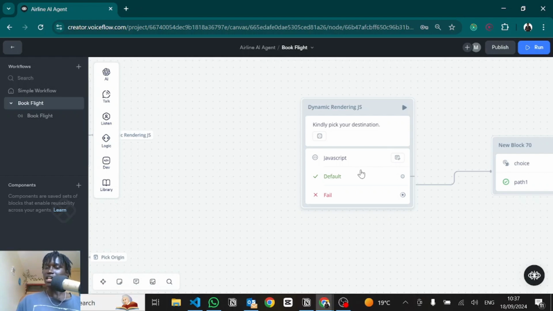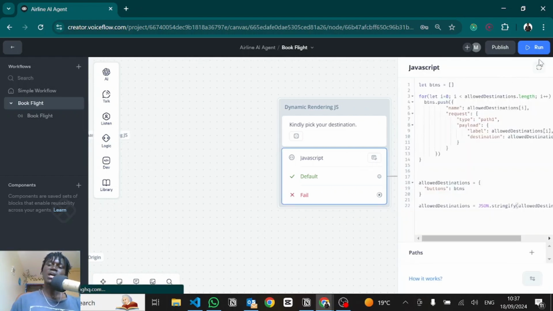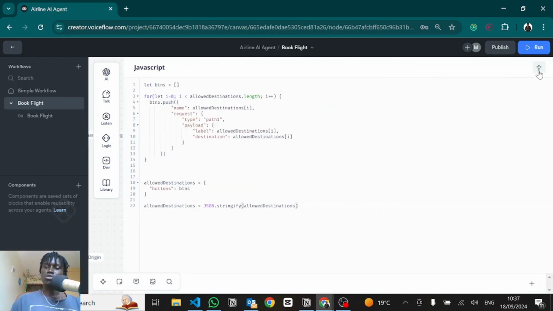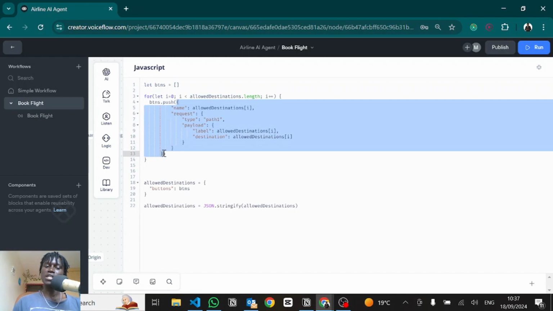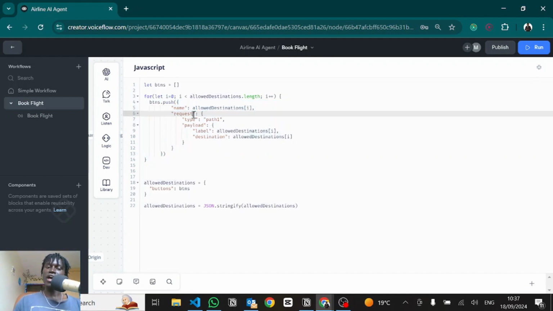So I click on the JavaScript, I quickly skim through it. What we want to do is to generate a payload that's going to be used to render the buttons dynamically. First we create an empty list. Then we loop through all the allowed destinations we got from the API, then create an object which represents a single button for each of those destinations. A single button has a name, you pass in the name of the destination, then it has a